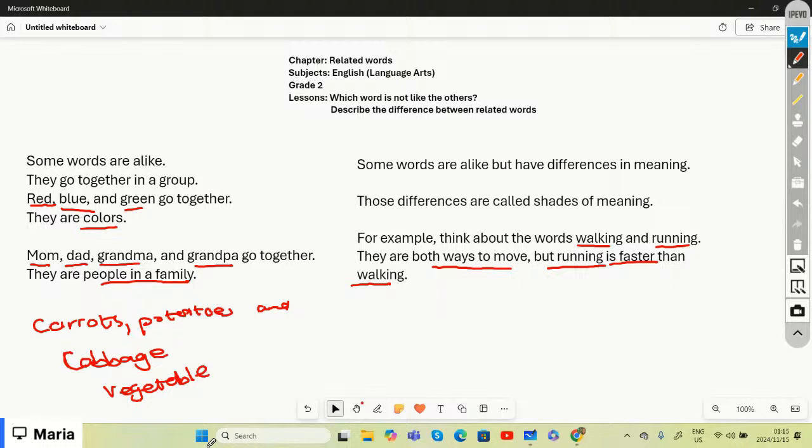There are many different ways that we can group together, put together, and then we come up with a specific word that will show that they go together. And when it comes to shades of meaning, we said shades of meaning are